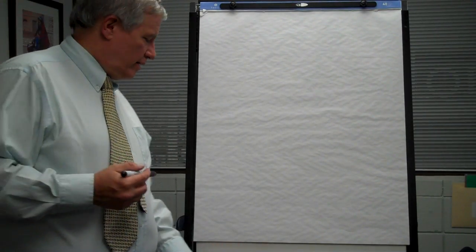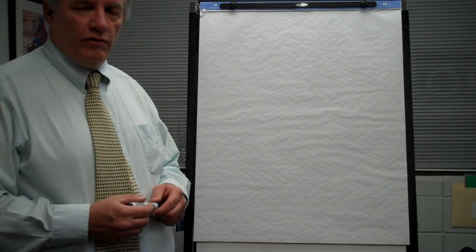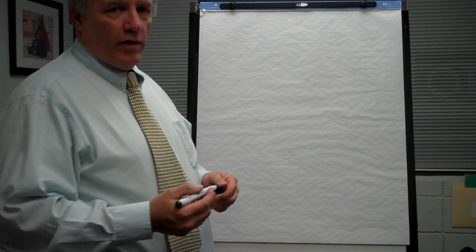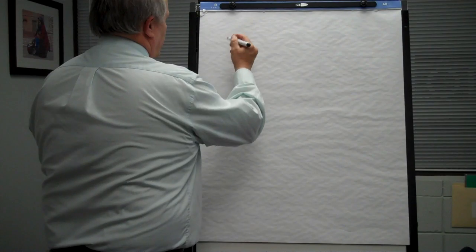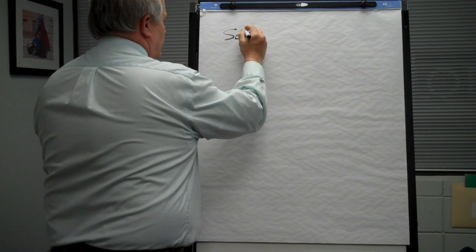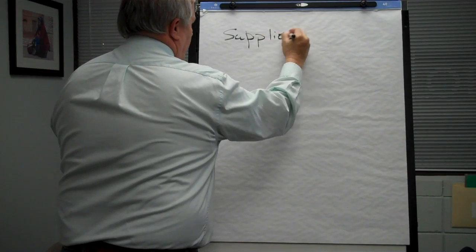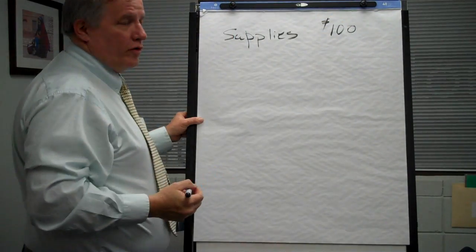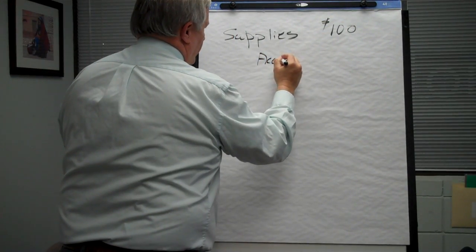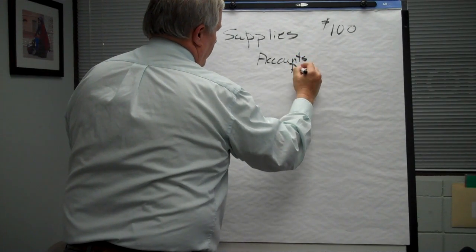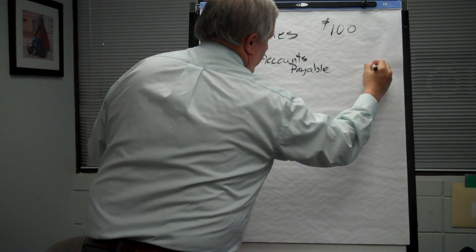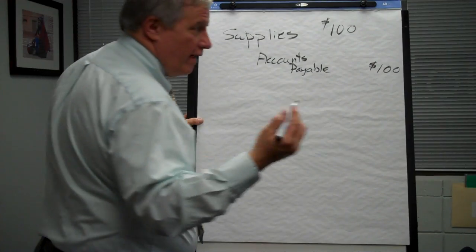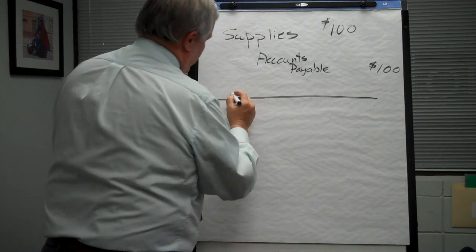I want you to think about what happens when we post something to the general ledger. We have a journal entry to record a transaction. Let's see, we buy supplies. We debit supplies for $100. We credit accounts payable the same $100. If that is the only transaction we have in our ledger, I can go to my ledger and look